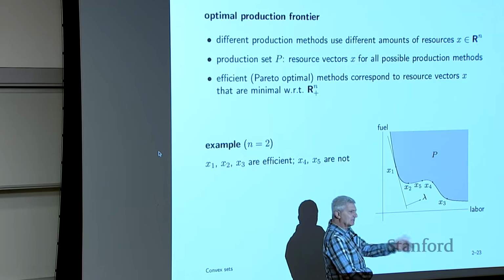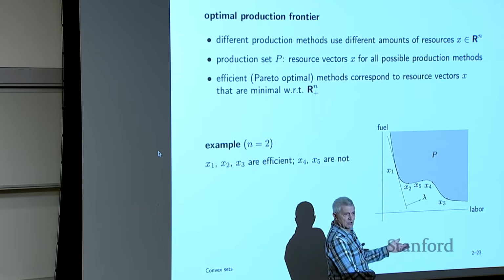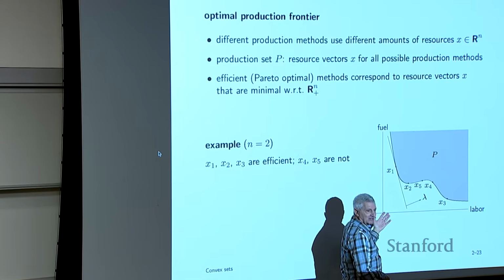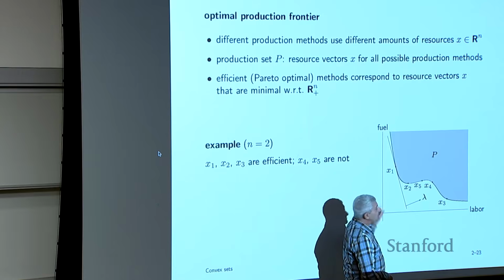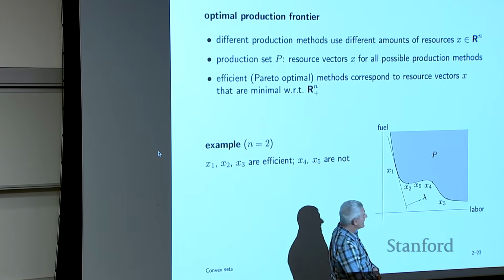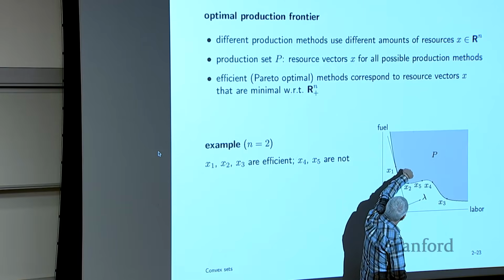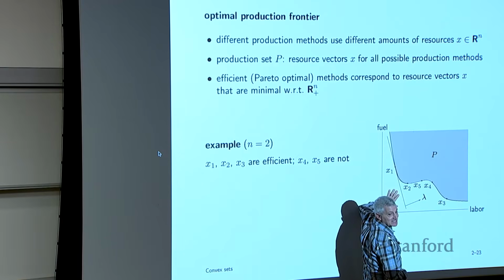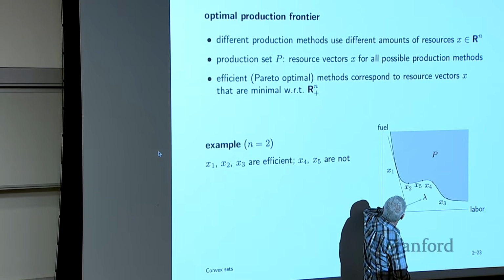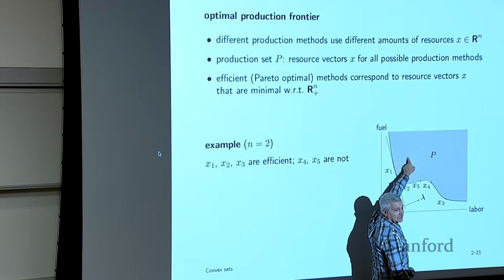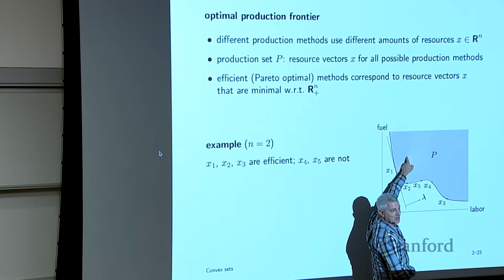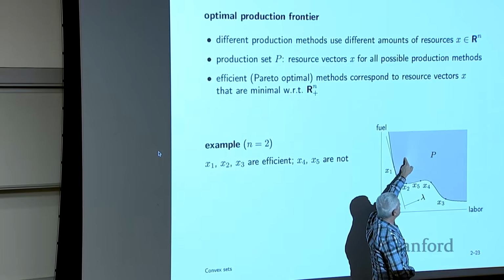I mean, we're getting a little bit ahead of ourselves, but we can talk about this. Here I call them fuel and labor, but it doesn't matter. If we decide that each of these has positive value, not negative value, then what that tells you is everything down and to the left is better. Because, for example, let's see. If you took this point and you said, here's how I'm going to run my business, okay, and you take this point.